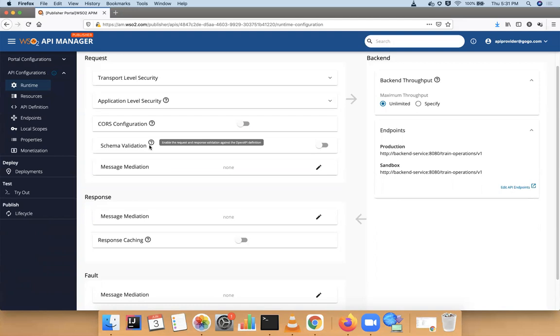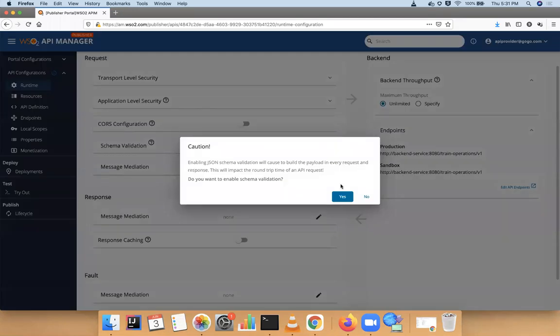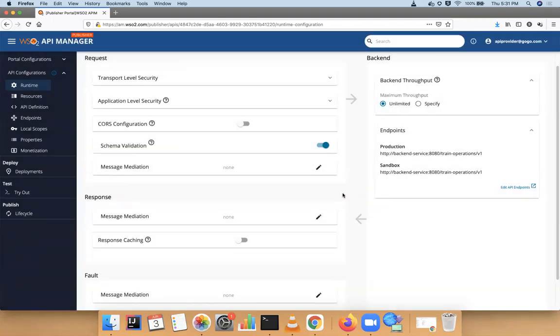In this OpenAPI definition, we have some models which specify what our request and response messages look like. Basically, they have some sort of format. Once you enable this feature, we will check the OpenAPI definition, check your request against the defined model, do some sort of validation, and decide whether we need to pass this request to the backend or stop it there.